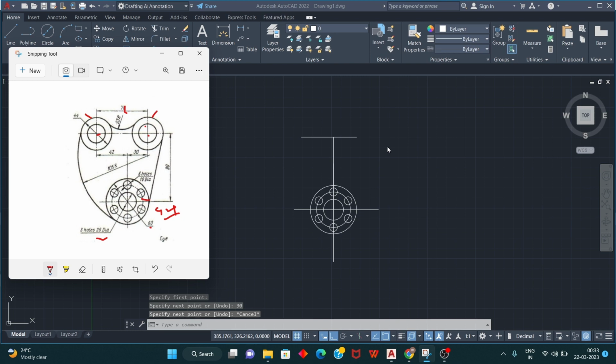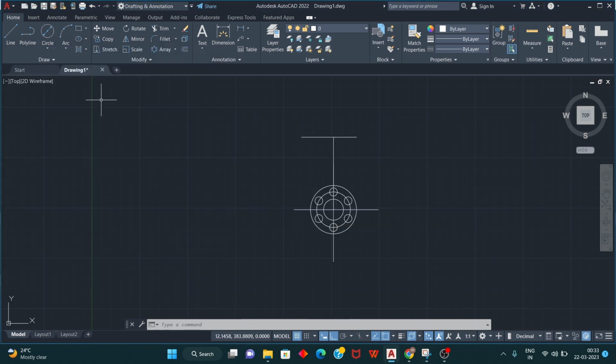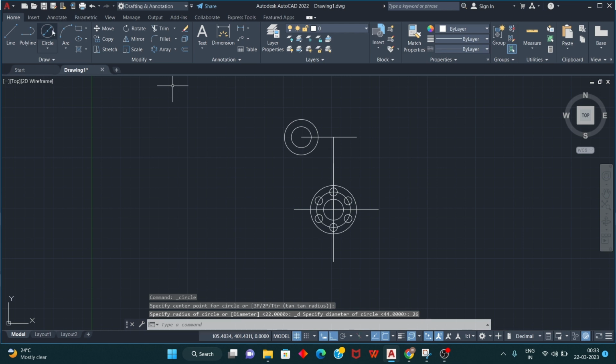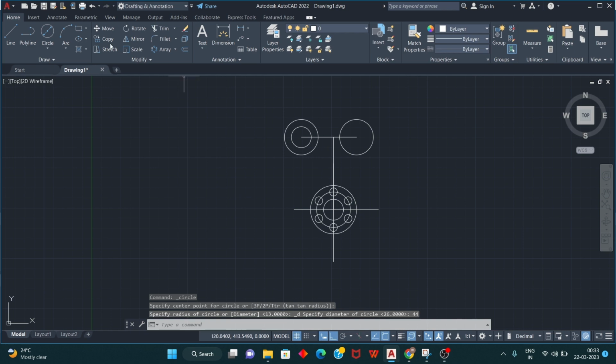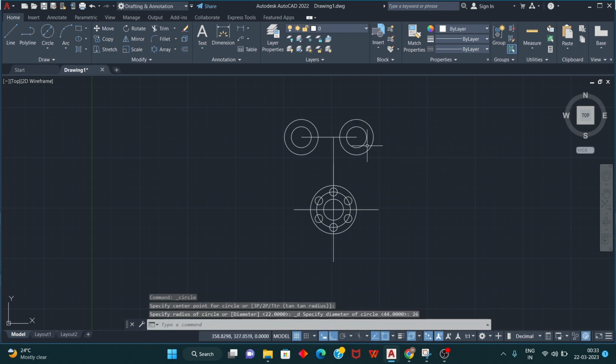Okay, then I need to draw the circles which are having the diameter of 44 and 26, 44 and 26. Simply you can do the middle. Select the diameter 44, then again 26, then again 44, then again 26. Okay, and now,